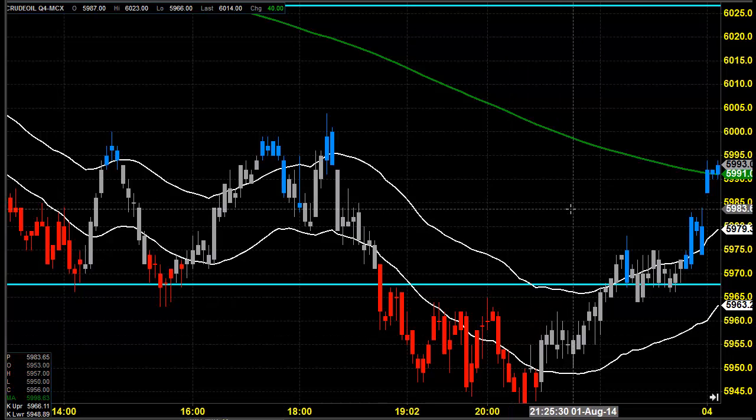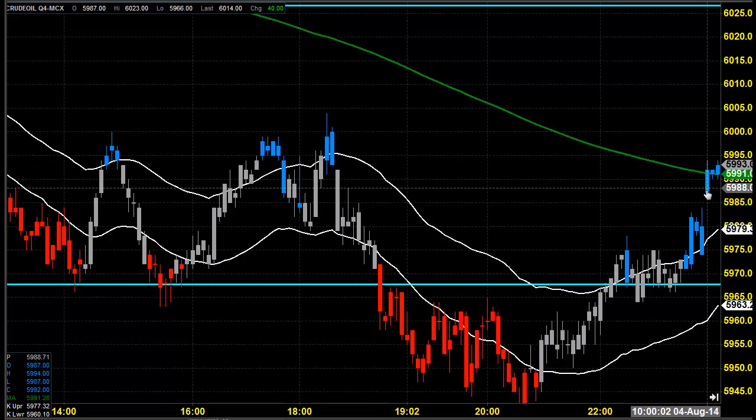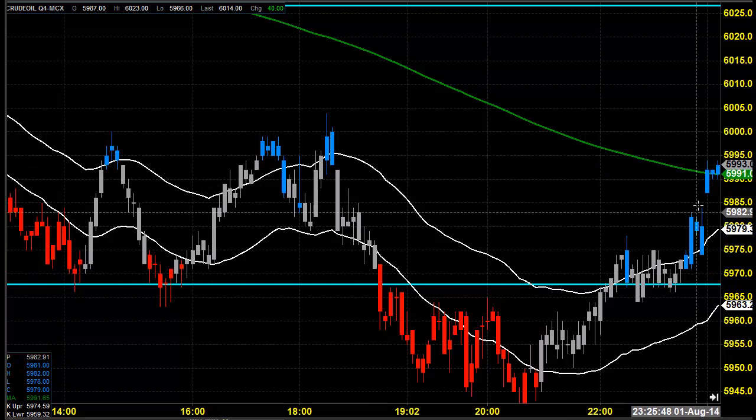In this video presentation, we are going to see how we can trade in MCX Crude oil today. Before looking into that, let us see what happened yesterday. The chart which you are seeing is Goodwill charting tool. This blue color candlestick indicates yesterday's price opening, which shows that the market opened here